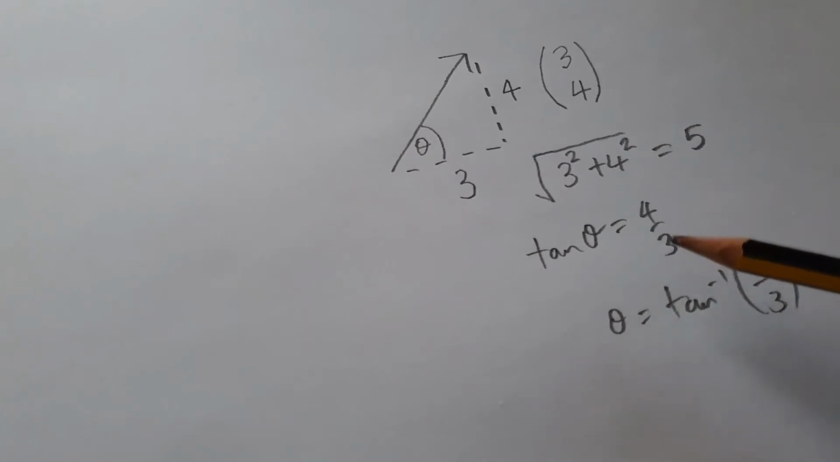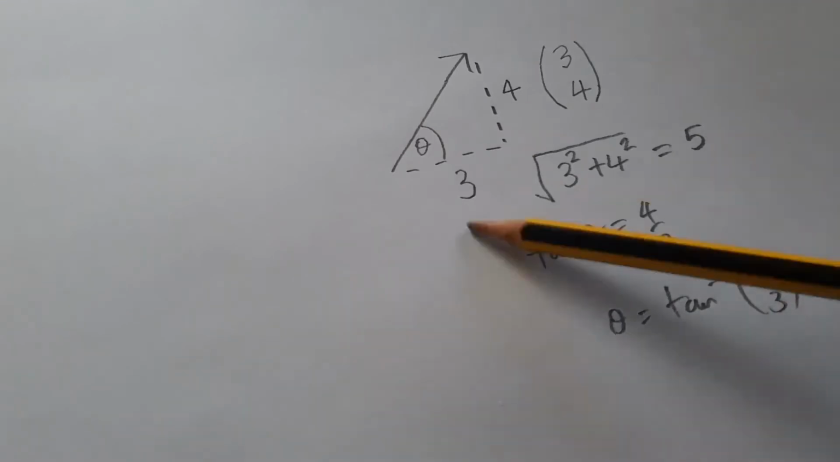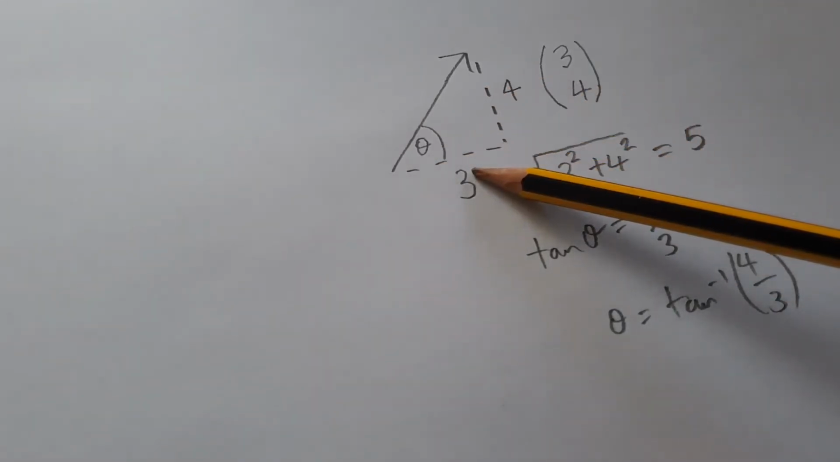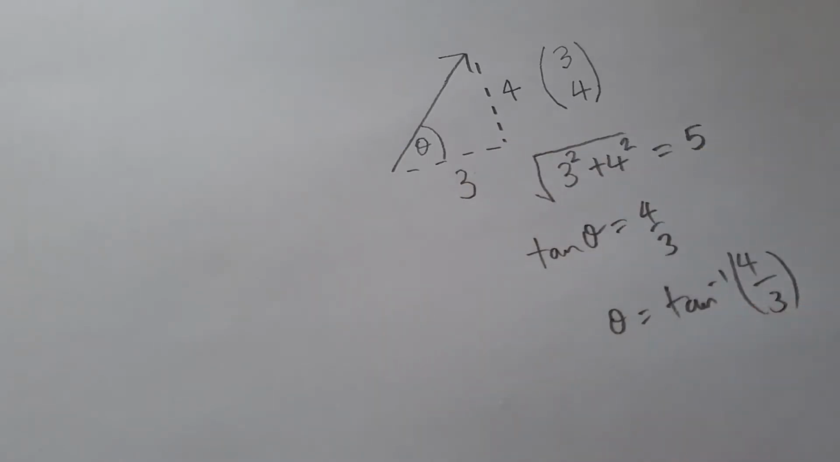To work out the angle, you would use the inverse tan of 4 over 3, because opposite the angle is 4, the adjacent in this case is 3. So the angle is inverse tan 4 over 3. Now, if we were to do it backwards,